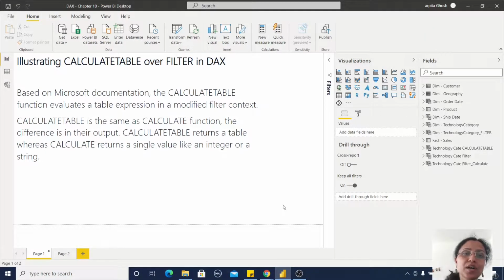Today we are going to learn about CALCULATETABLE, how we can use it over the FILTER function in DAX. Based on the Microsoft documentation, you can observe that CALCULATETABLE evaluates a table expression in a modified filter